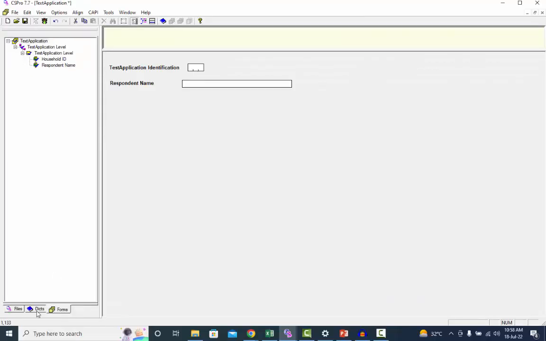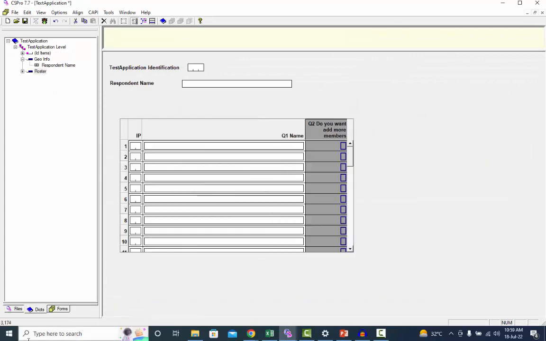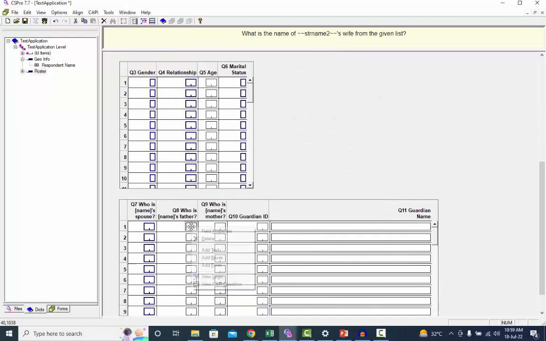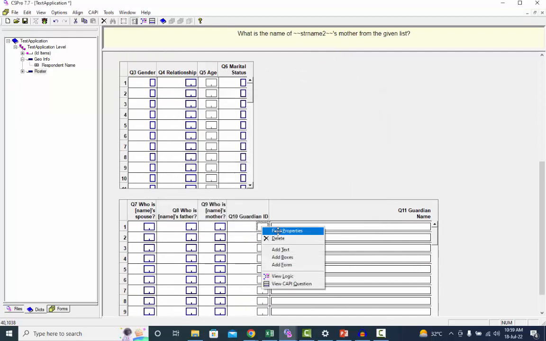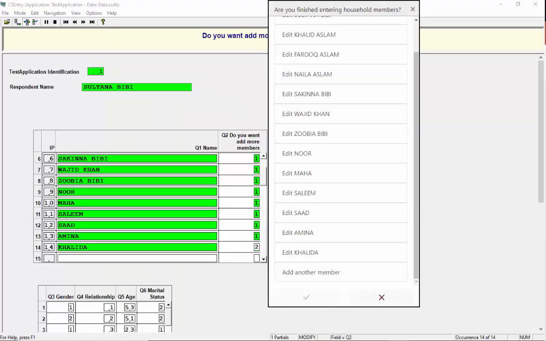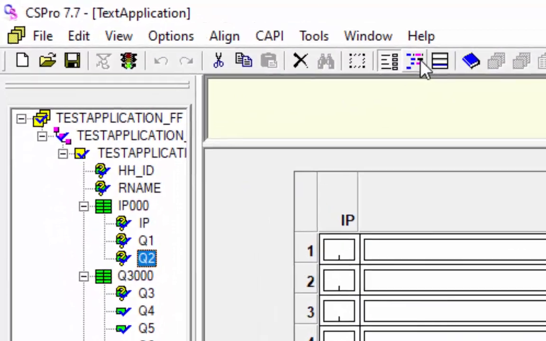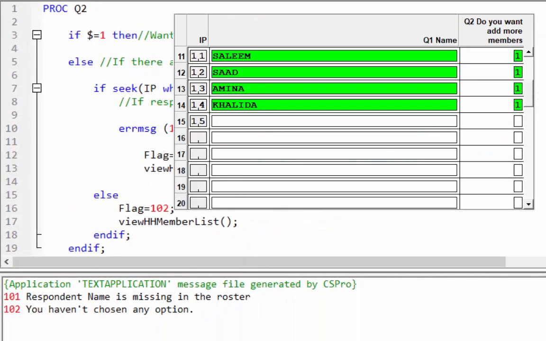First, we will divide the roster items into 3 sections because we had seen 3 different sections for the roster while entering the data. Now we will look at the syntax for viewing the list of the household members with the option Add Another Member. Select question 2 and then click on the logic icon. If we entered 1, then the cursor will be